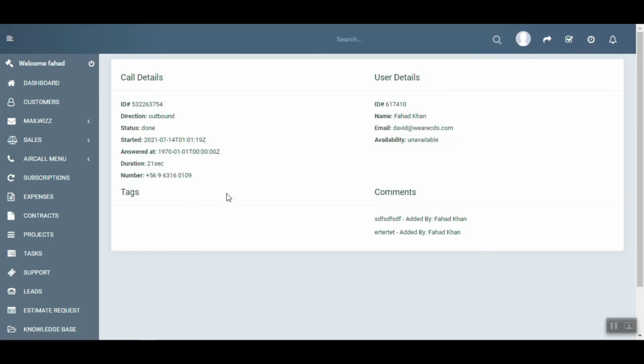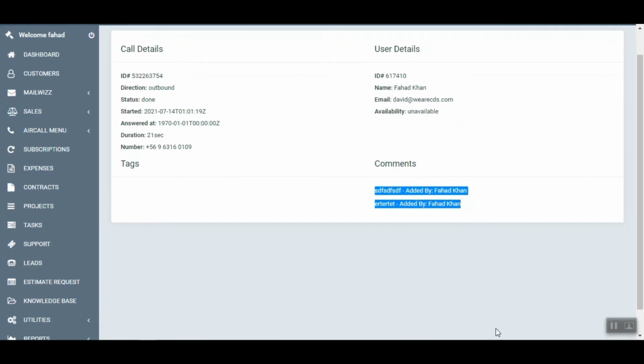For all the calls, as soon as your agents or users create tags after making calls, those tags will be visible here in the tag section, and as your users add comments for each call, those comments will appear over here.